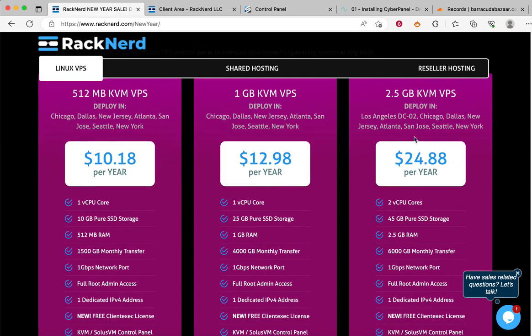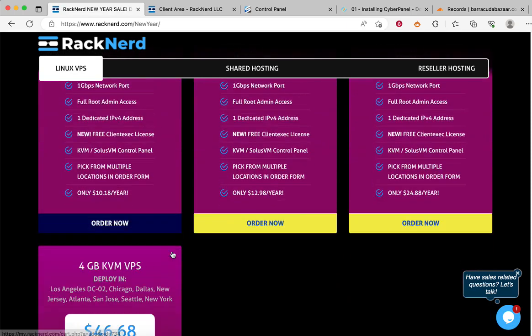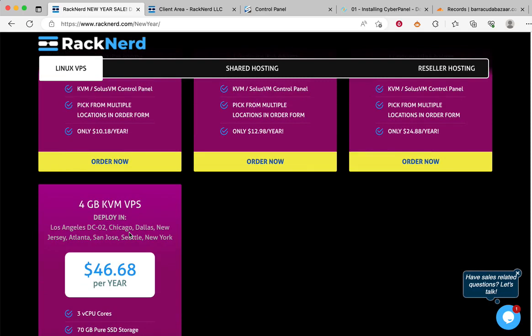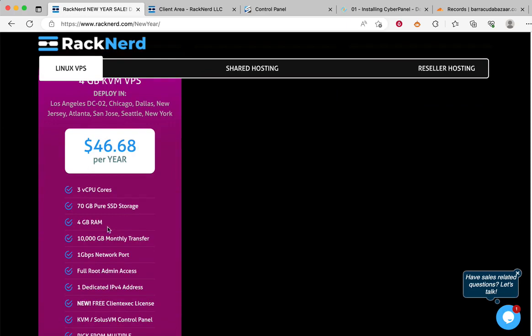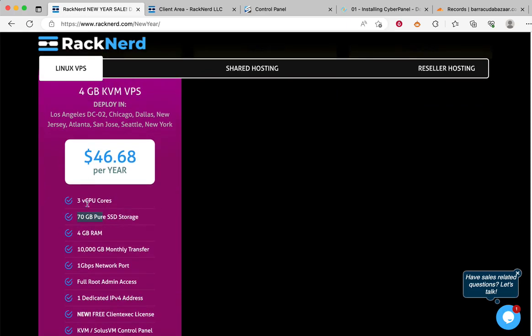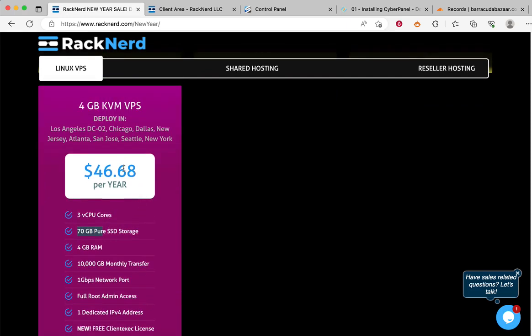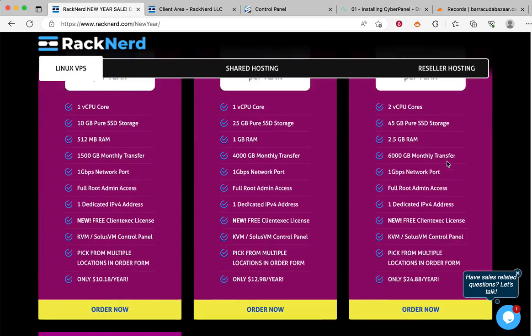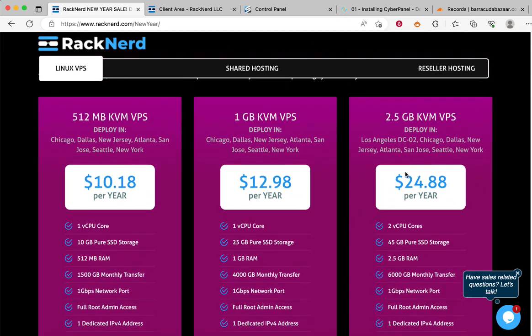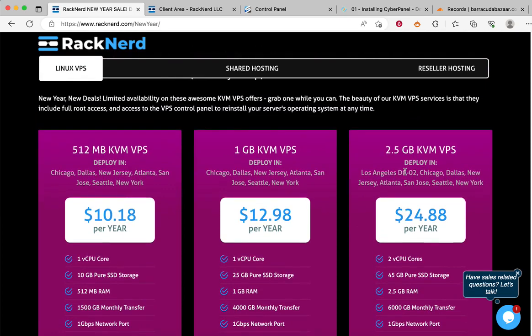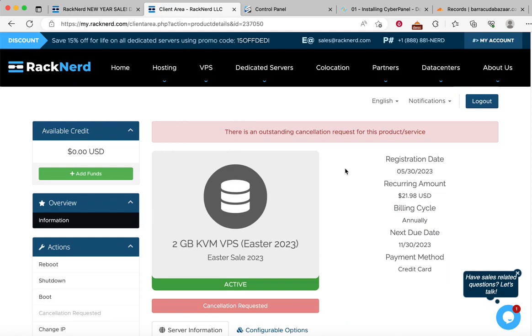So I'd recommend using this plan or this plan. If you have more projects, I'll definitely recommend using this plan. It's 4 GB RAM and 70 GB pure SSD storage, with 3 CPU cores, and the yearly price is 46.68 bucks. So not much. We can try this, or at least this one. When you buy this plan, you will get all the login details in your email, and